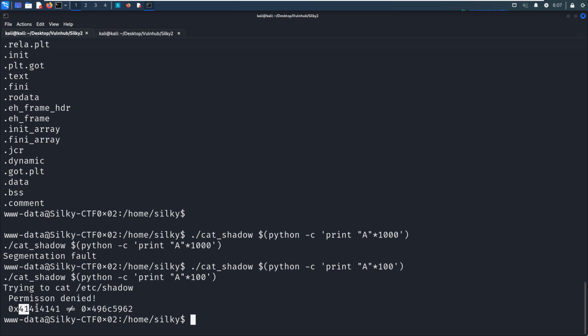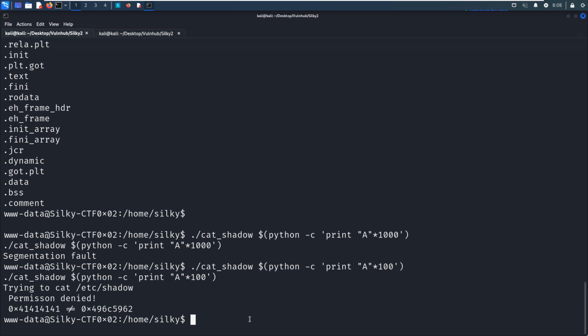41, which stands for A. It means that in the background, our input has overwritten some memory location, right?